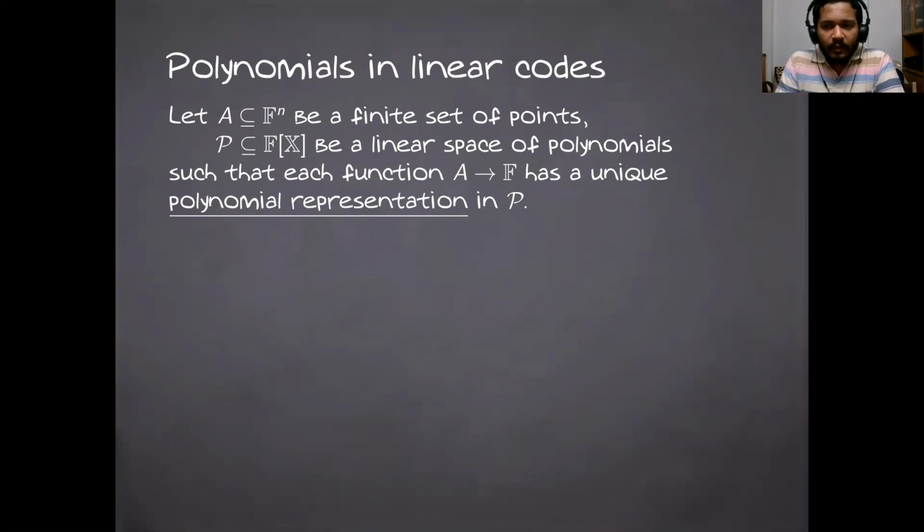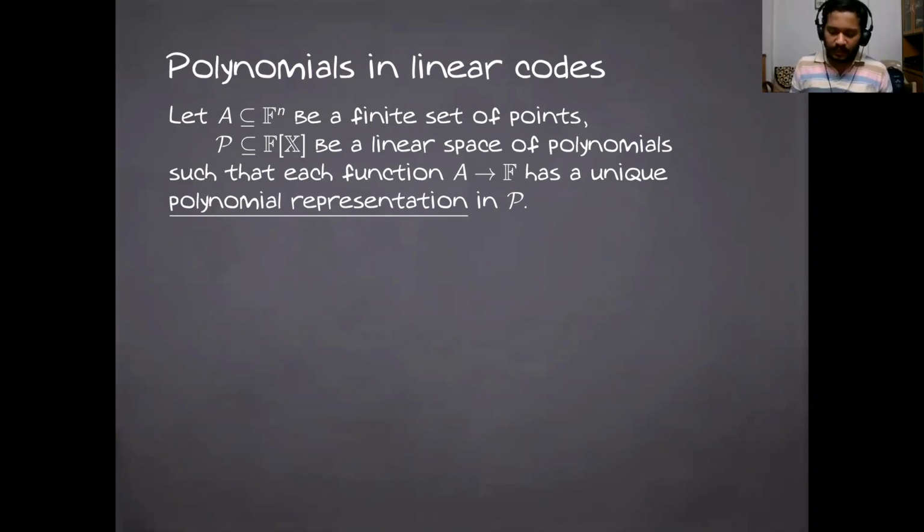So what is essential at this point is, if every code word is a function on this set of points, we would like to introduce polynomials as unique representatives of these functions. When we have a finite set, we can always use some sort of interpolation and arrive at a polynomial representation for that function. However, we don't want multiple polynomials to represent the same function, because in that case, when we consider the Hamming distance, we could have two distinct polynomial representatives, but as evaluation vectors, they are the same, and therefore the Hamming distance becomes 0. We would not like that case to arise.